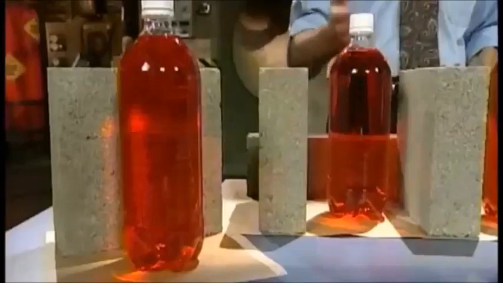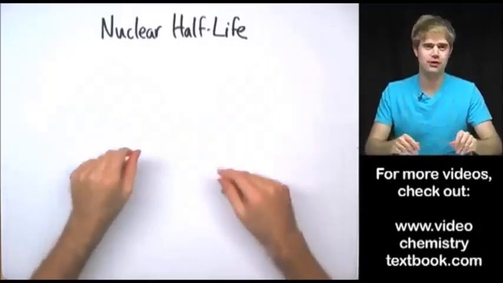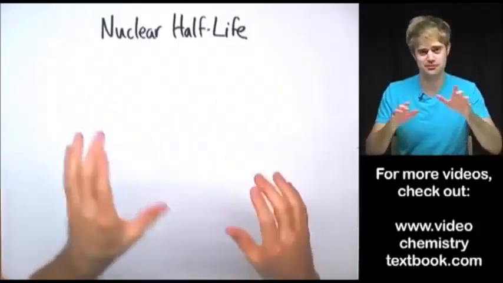Now, plutonium is notorious. It's especially radioactive. It's 20 million times more radioactive than uranium dug from a mine. You see, we're not talking about potato salad left out in the sun. We're talking about plutonium. We're going to talk about nuclear half-life, and then we're going to do some practice math